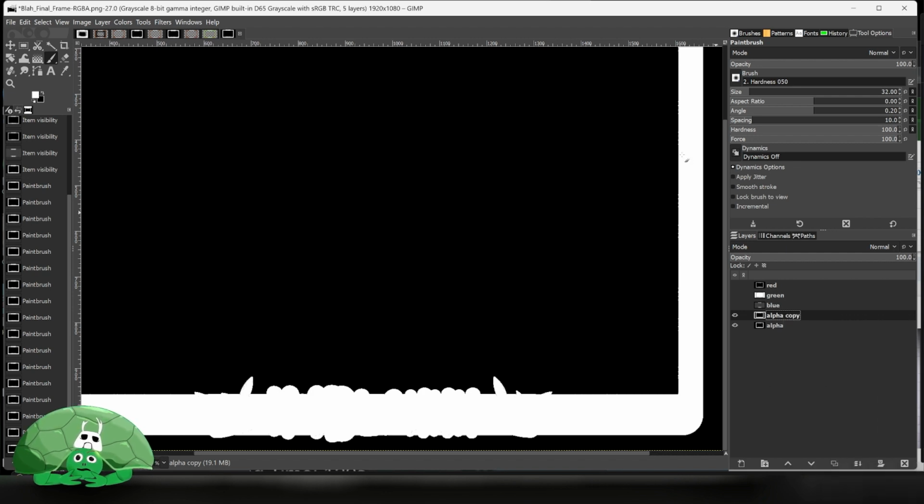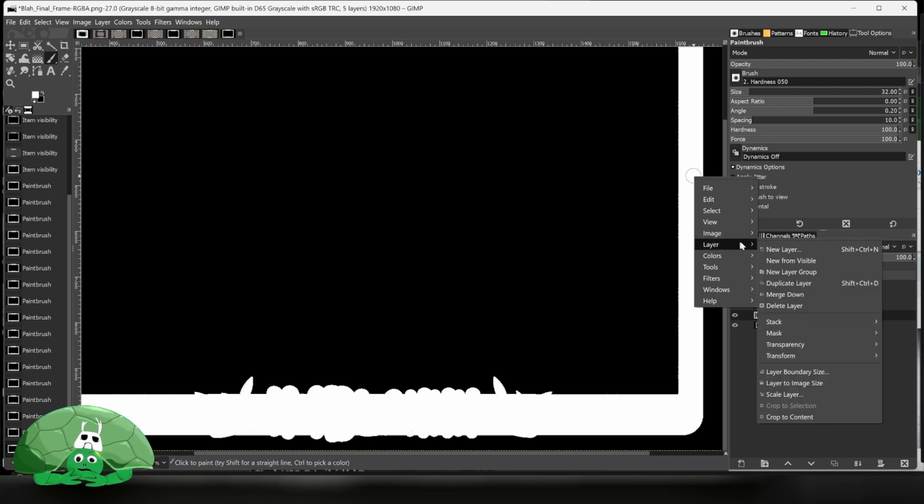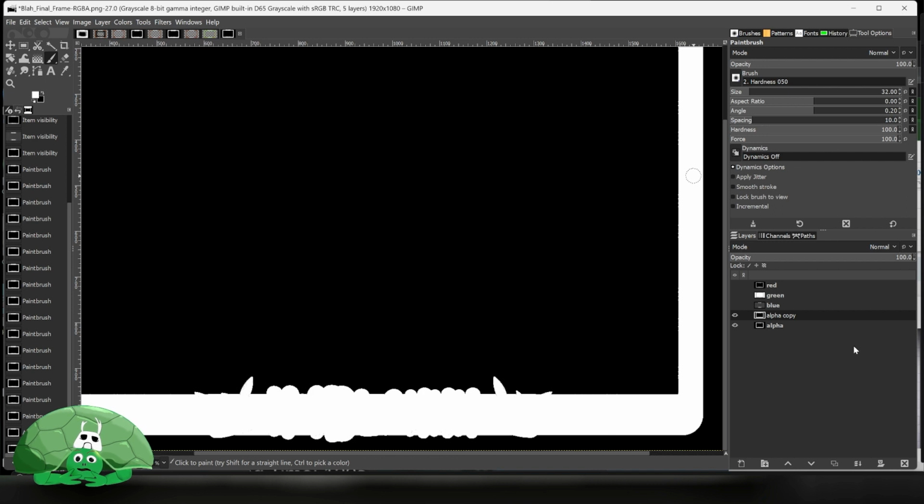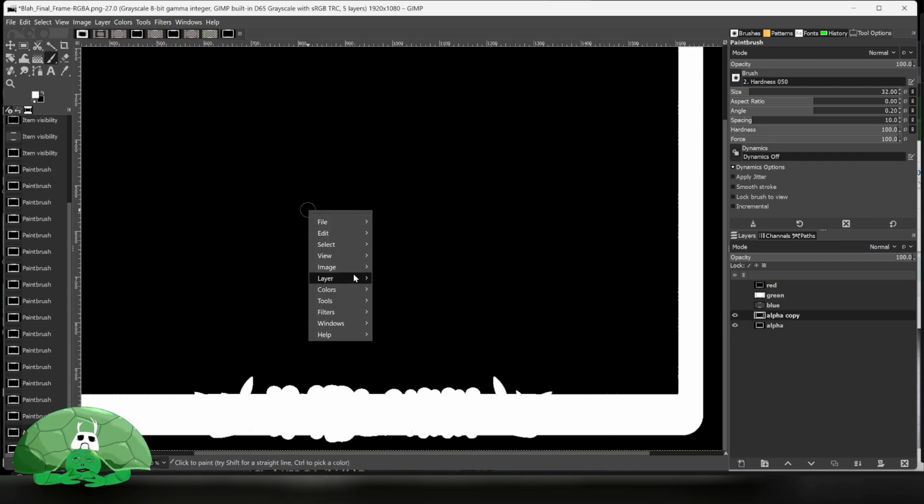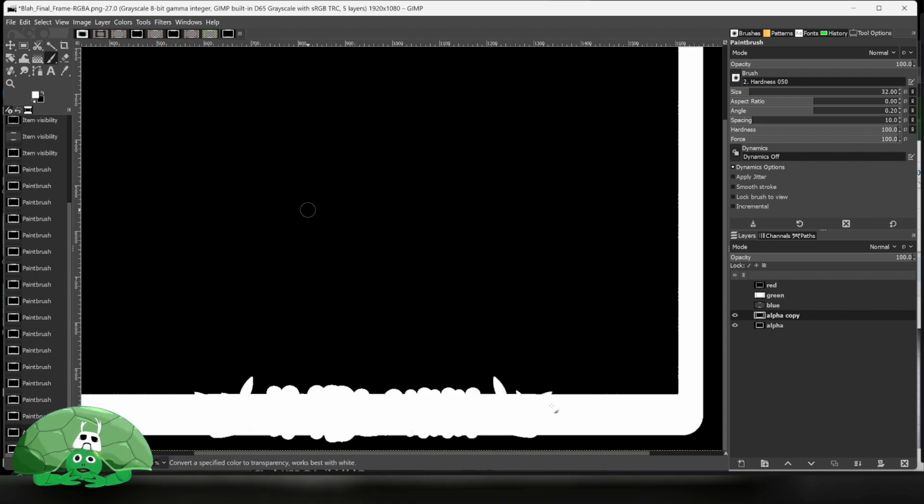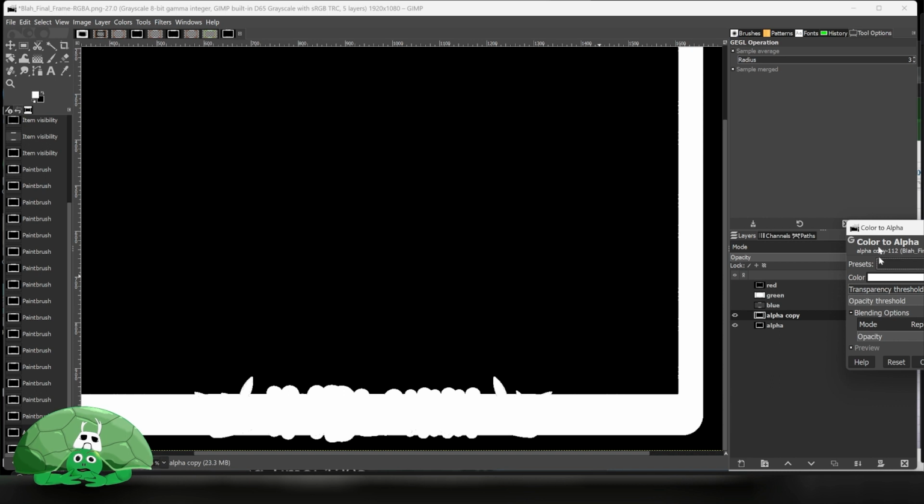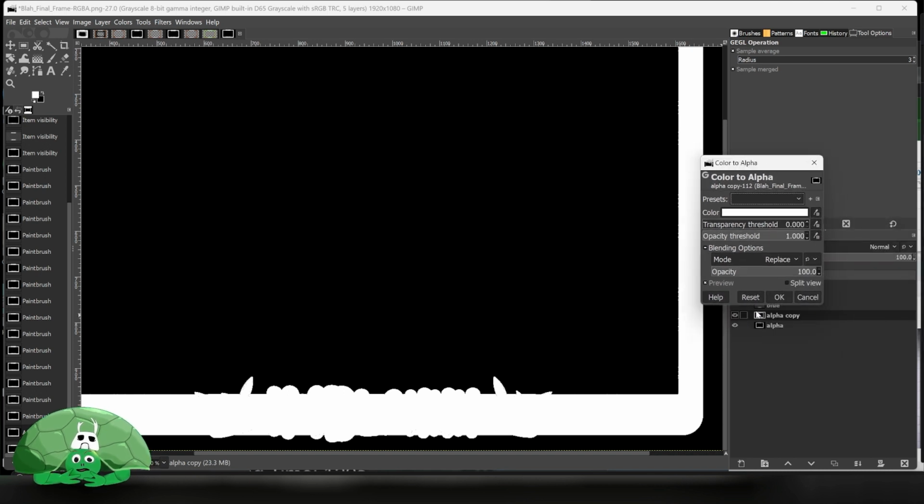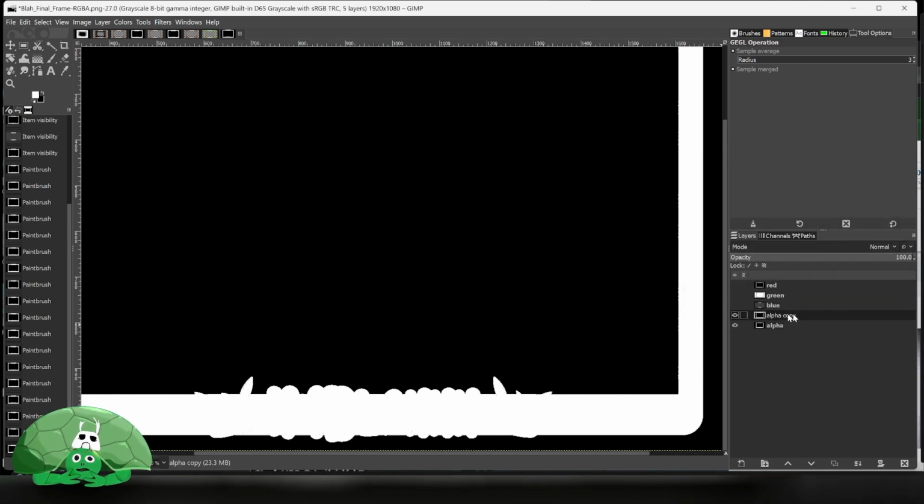Actually, we'll just do it from this menu so you can see. I'm going to say layer, transparency, add. Oh, that's not what we're going to do. Layer, transparency, color to alpha. Now we can just choose white as our color, which is pretty easy. And so now this alpha channel, this copy we've created, is now a pure